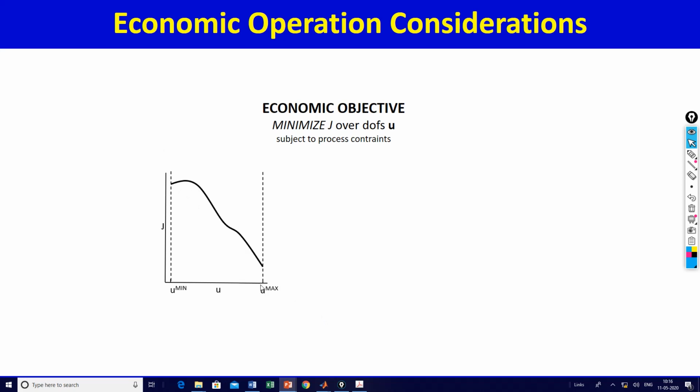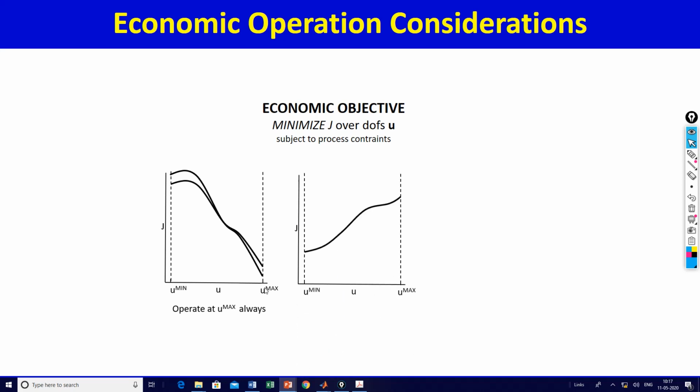If there is a disturbance, the curve may move up or down, it may tilt a bit, but the basic shape of the curve would remain the same. So if you get a disturbance, maybe the new curve is like this, but regardless of whether there is a disturbance or not, you can see that if the objective is to minimize J, the optimal operating policy here is to operate at Umax, because whether there is a disturbance or not, J is minimum when U is at Umax. So the optimal operating policy here is to operate always at Umax.